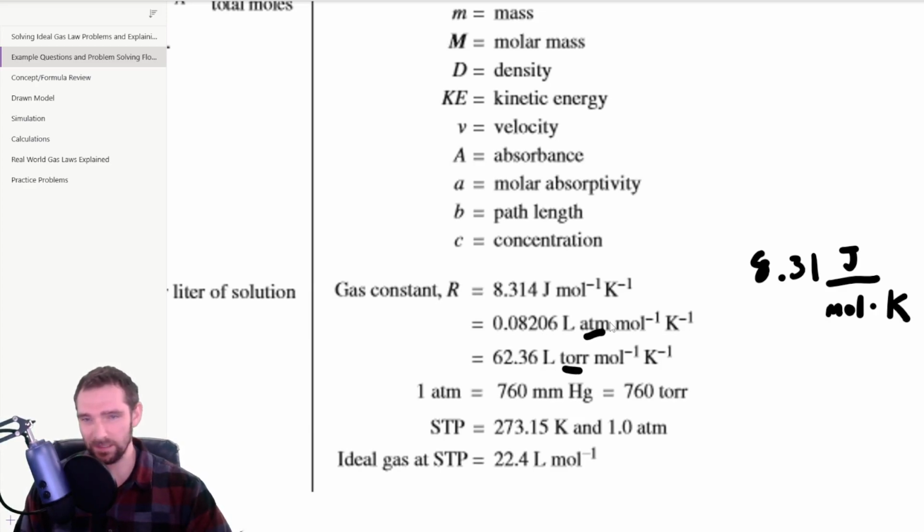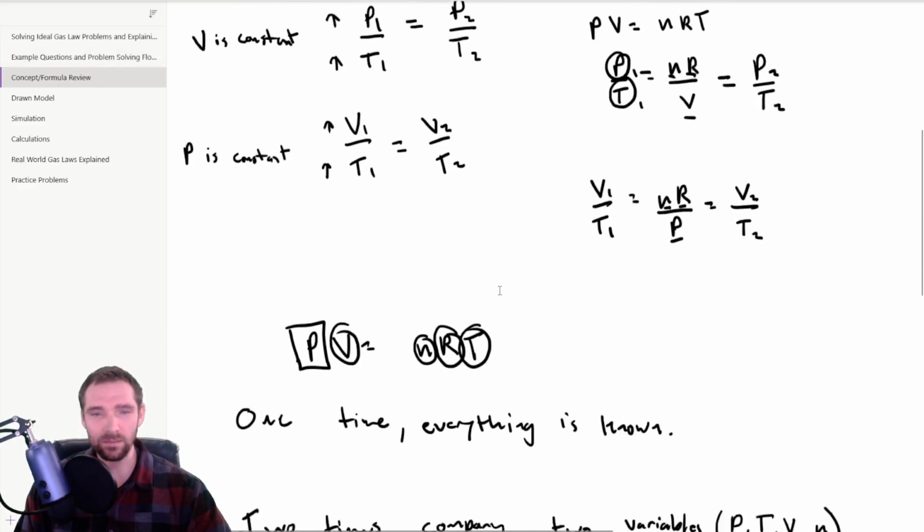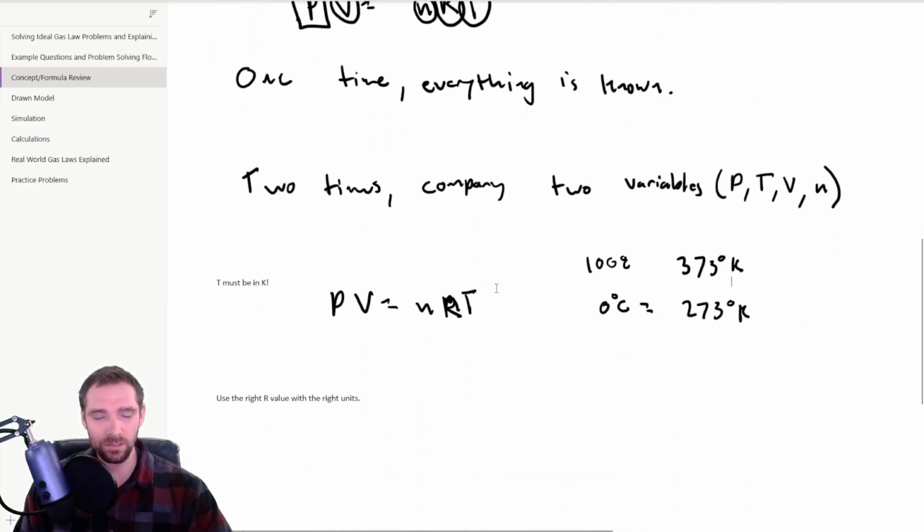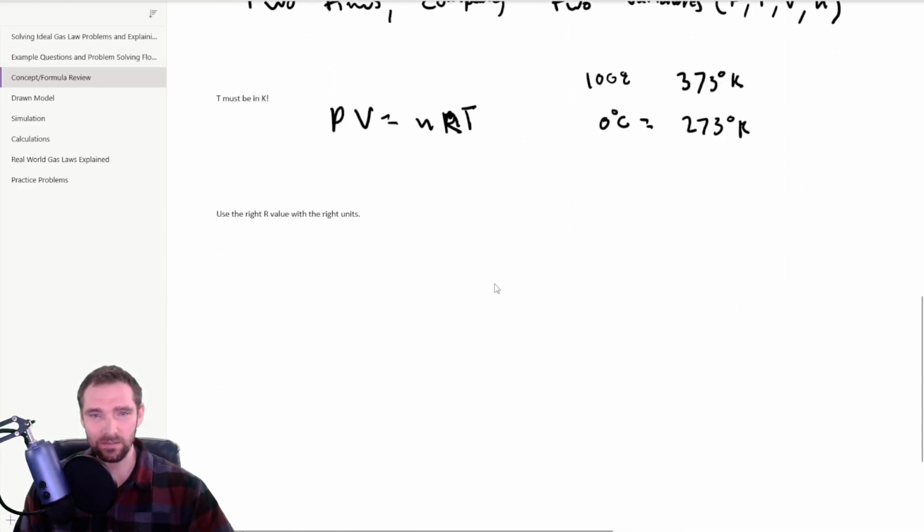And this is with joules, so you're using this with stuff where you're actually using joules instead of liters and atmospheres. You typically are going to be working with this one. That's usually what I see. And then you sometimes see this one being used. So just be a little bit careful when you're using those R values, because you gotta cancel